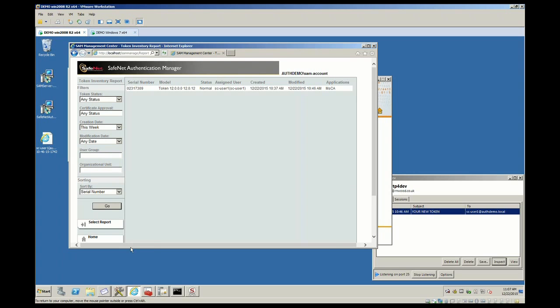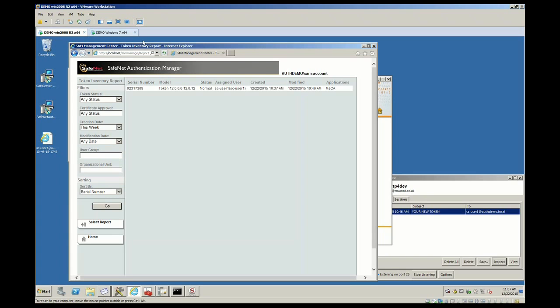On this report, you can see the serial number of the token. So each token has a serial number on it. And let me just validate it so you can see. 02317319. Yep. So on the back of the token, you see the same serial number, the version of the token, the status of the token, who the owner of the token is, and when it was created or modified. Right. So let me go back to select report,